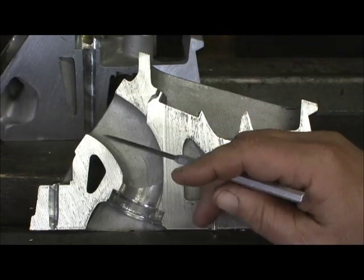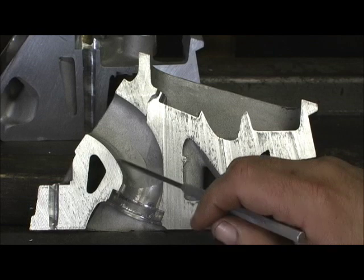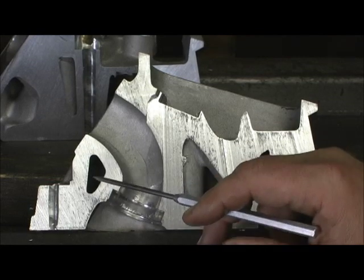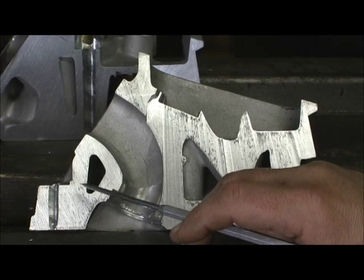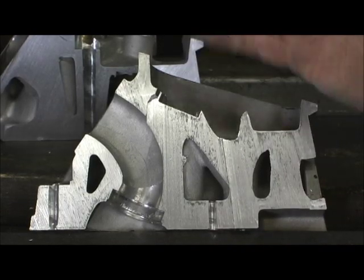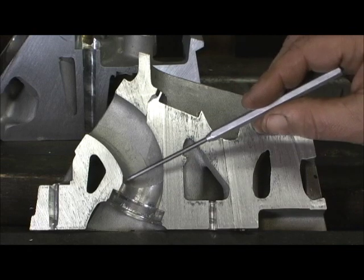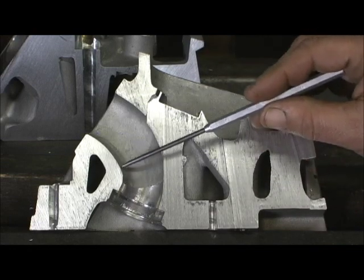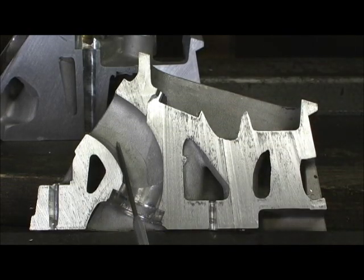Then I'll go in here, if I can, and I'll add material to it and try to put material in the exhaust runner. Now keep in mind that I'm talking about heavy stage 4 and stage 5 modifications. They've set this up. I mean, they've just made it an absolute piece of cake. And in the stock form, look at the height of that short turn. Look how it just crawls right out of there and eases and comes right off the seat and comes right